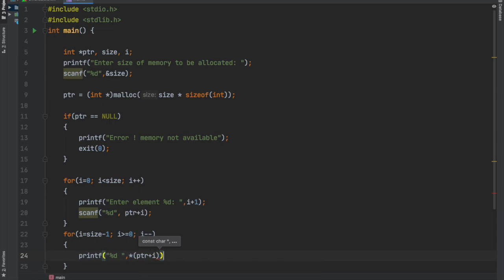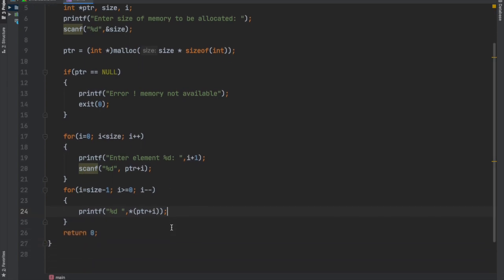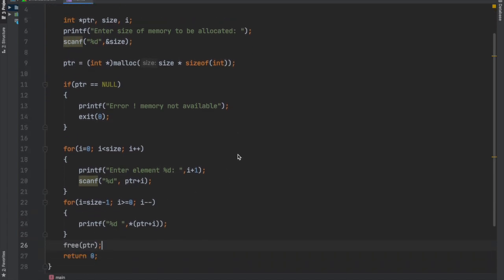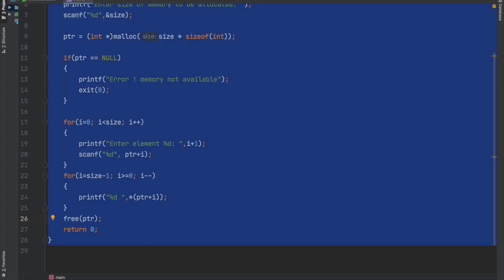So this block of code will simply print all our elements in opposite order, and since we have discussed before that once we allocate the memory using memory management functions, we need to free it. So I'll just write the free function here, inside which I'll pass the pointer ptr. So this will simply make the memory available for other variables.